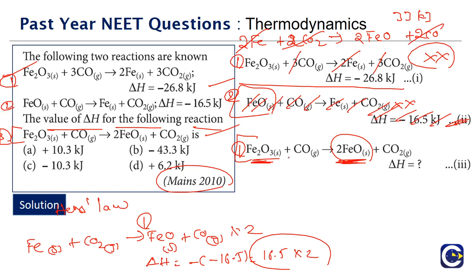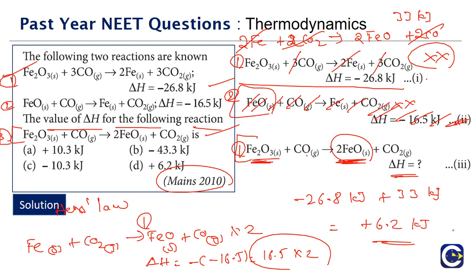Now look at it. Fe2O3 plus CO gives rise to 2FeO plus CO2. And for this, what will be the delta H? The first equation delta H, which is minus 26.8 kilojoules, plus the modified second equation delta H, which is 33 kilojoules. What is it going to be? Minus 26.8 plus 33. It will be plus